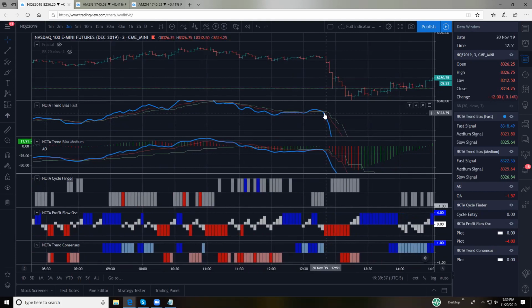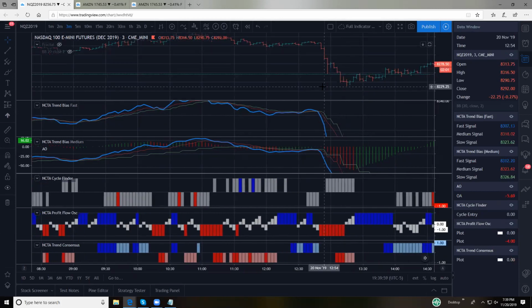An A entry is both trend biases are crossed down right here, and the AO is red. That was a very simple A entry. That A entry got you in before the fall off started. It got you in at 83.26 and a quarter, and depending on where you want to exit, it ended up going down to a low of